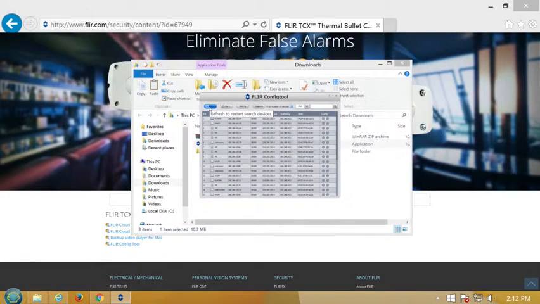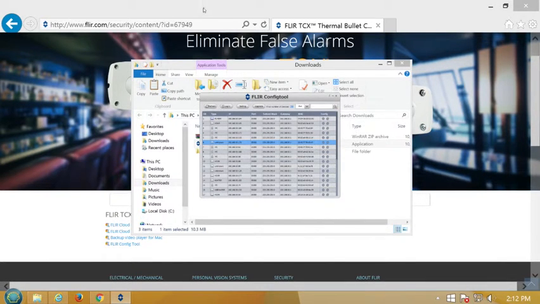When the FLIR Config Tool identifies your TCX camera, click the gear icon under the Config column to open the config window. Click Net to preview network information for the FLIR camera, including the IP address, subnet mask, gateway address, MAC address, and the port numbers for HTTP, TCP, and UDP. You may use the IP address provided here to log into the camera.